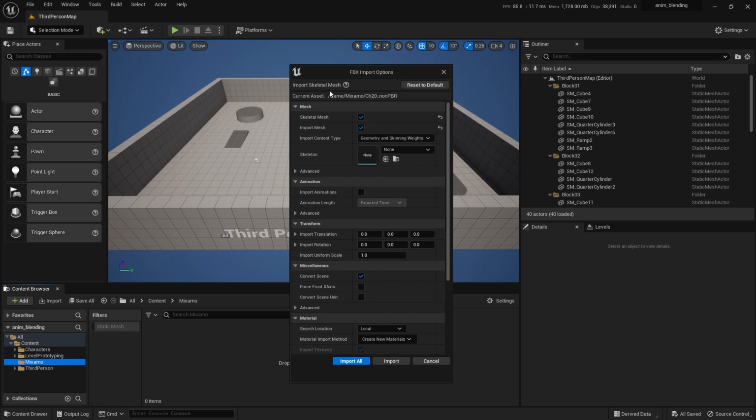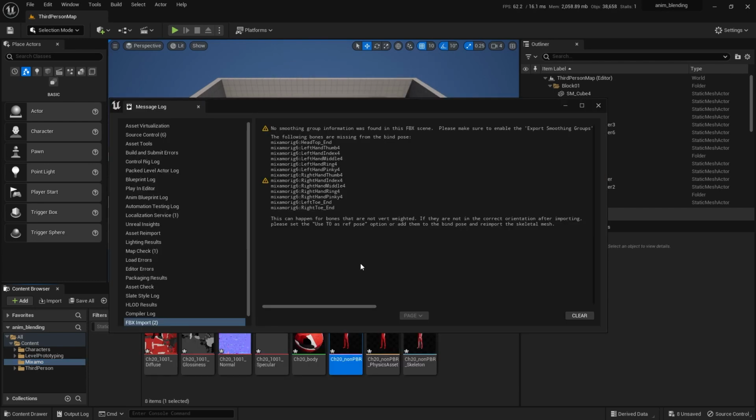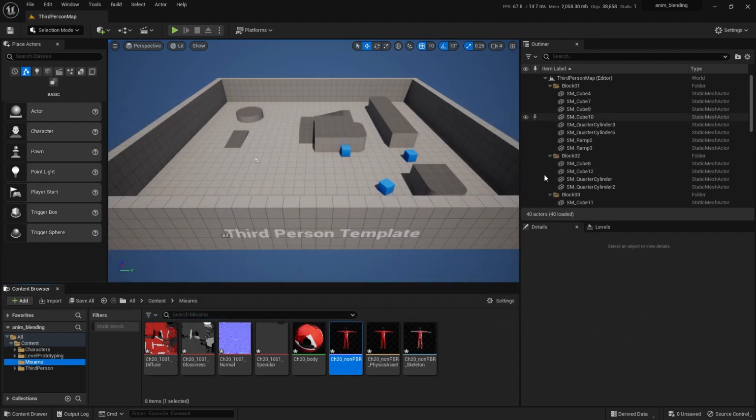You'll see it says it's a skeletal mesh. And I'm going to leave everything with the defaults. I'm going to leave import animations checked because I'm not really importing animation. I'm just importing his T-Pose character. And import. I'm not worried about these errors. It just has to do with the tip of the fingertips and his head, where the joints and weighting is. So don't worry about it. Just clear that and close that. So here is our T-Pose character.